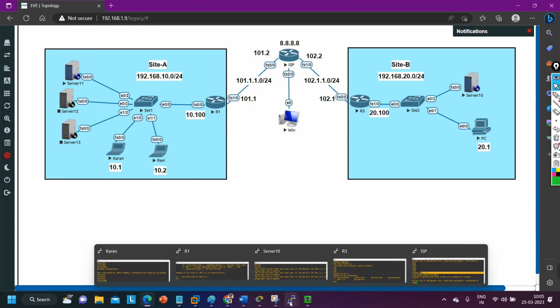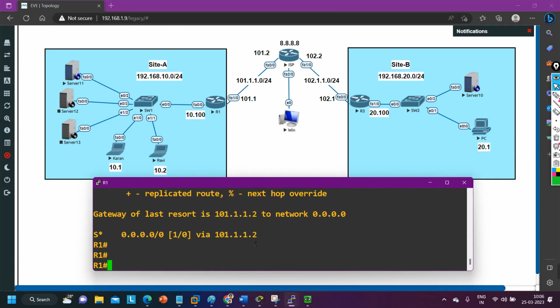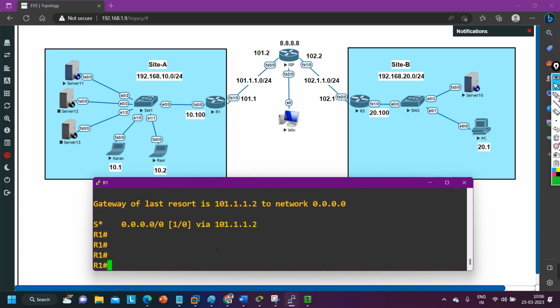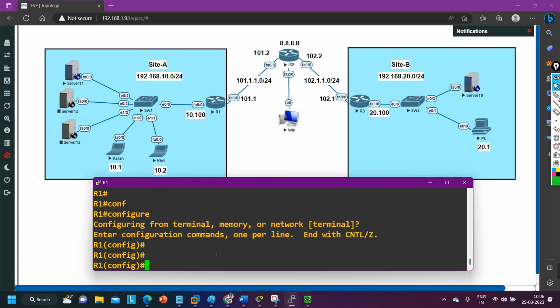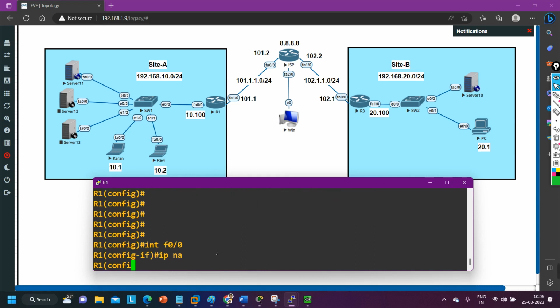Okay, now on router number 1, first of all I am going to define inside and outside. Let me check whether I have access or not. No, it's still starting. Okay, no problem. Here I am going to define inside and outside first. So interface F0/0, ip nat inside. This is my inside interface. After that, interface F1/0, ip nat outside. This is my outside interface,